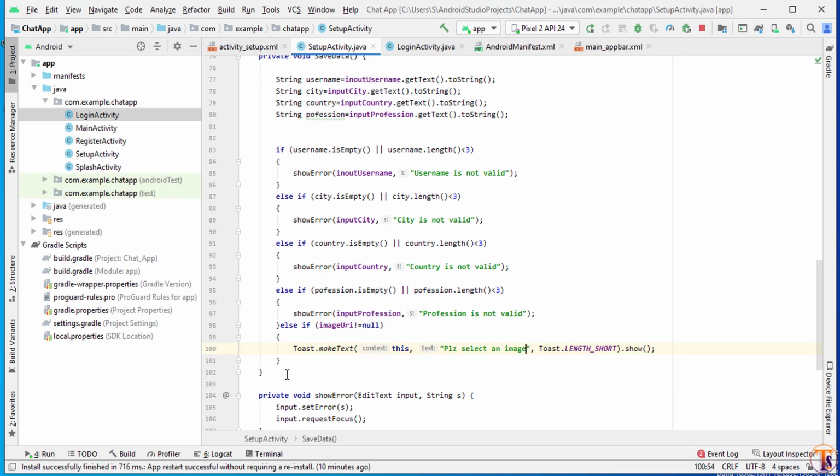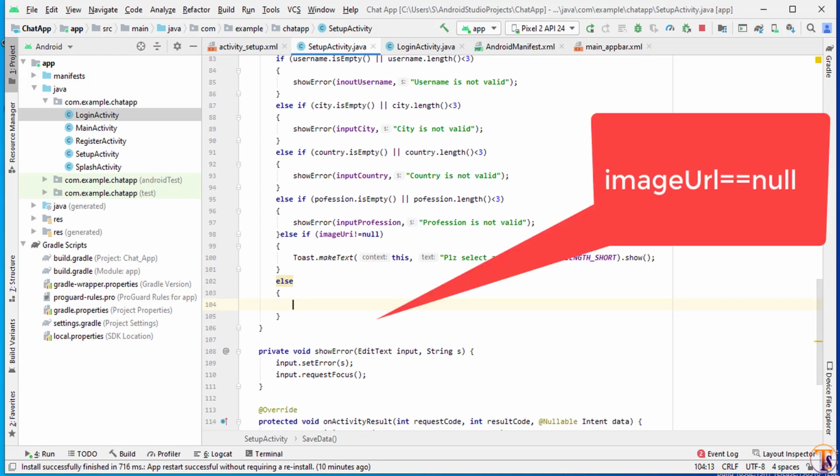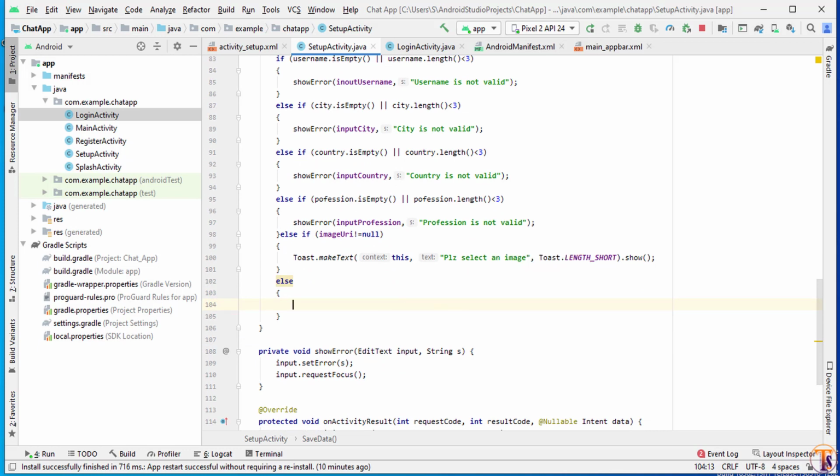Okay, now in else condition we will upload the data on the Firebase. First we will upload the image.